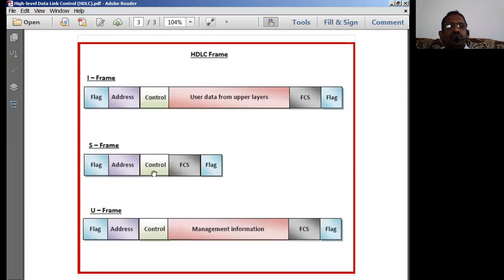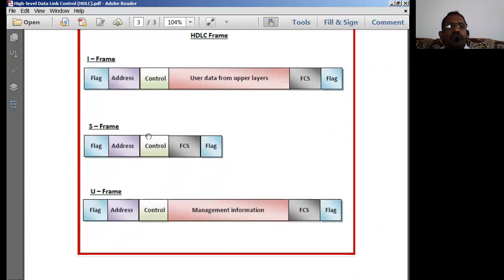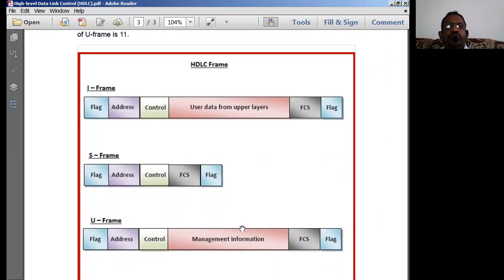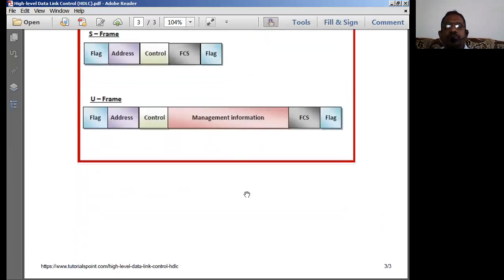So these are all the modes which we normally have. S frames are normally what we transmit as control signals. U frames are for other management activities. So I frames are used for transmitting user data. So this is the protocol called SDLC, using which we implement the functions of the data link layer. So thank you very much for today's session.